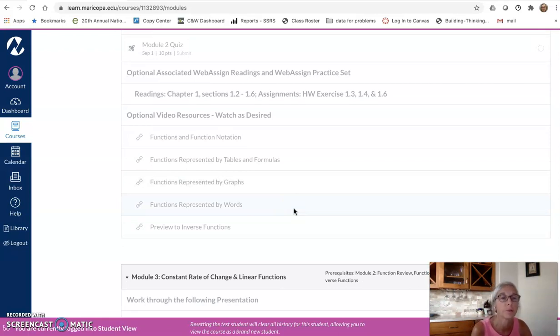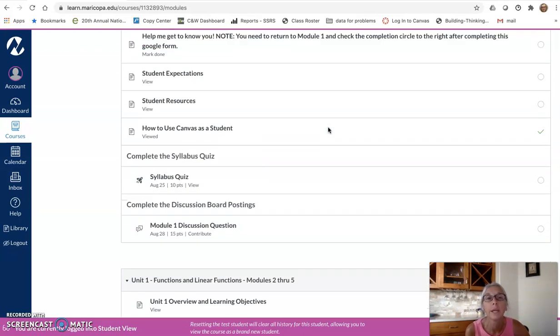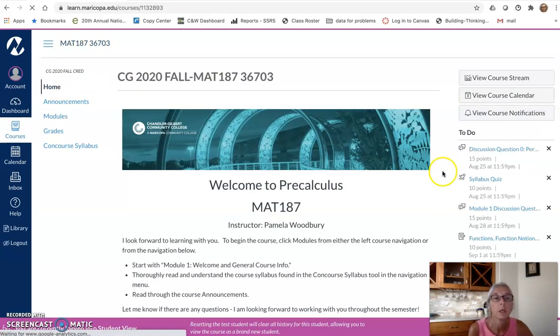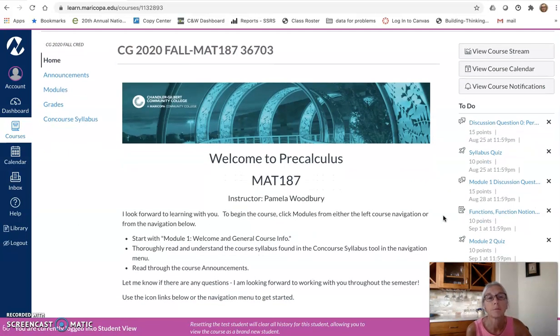They're optional. They're for your added benefit for you to use as you see fit. And if you only go and look at your to-do list or your calendar, you will miss all the additional resources that are being provided for you within the modules. So make sure you're using the modules link as your way to navigate through the course.